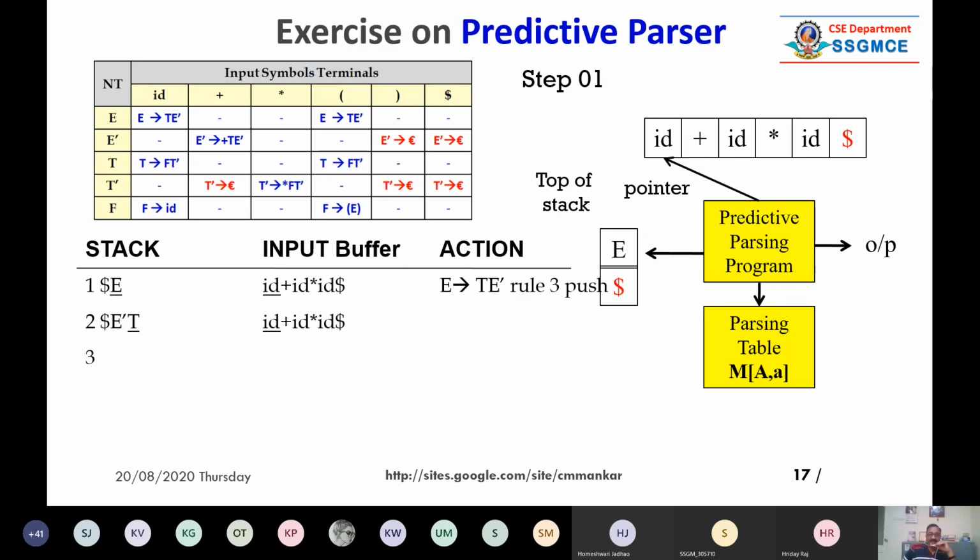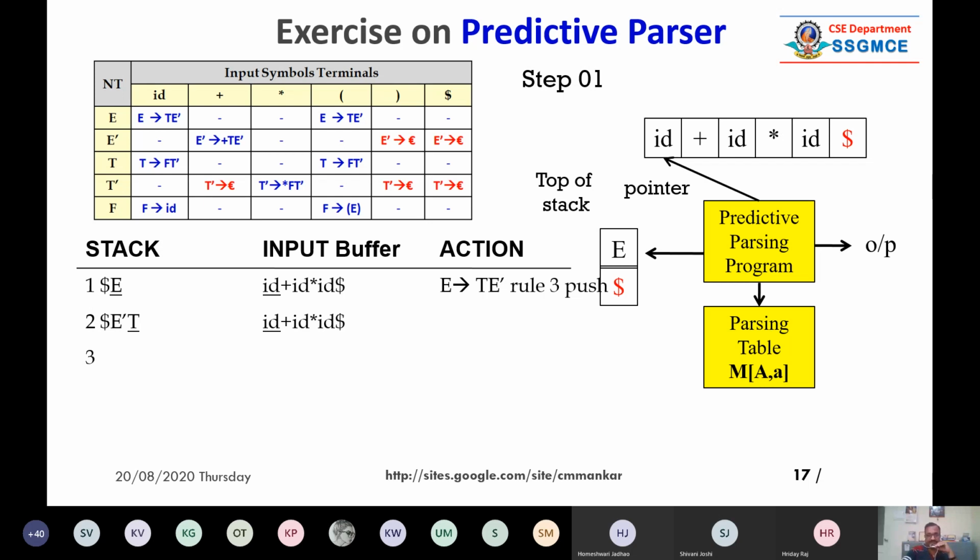So here in step 1, we have seen that pointer is pointing to ID, TOS is capital E. So what we do, we pop the E from the stack and we push right hand side of that production. So it is given in table, that is TE dash. So when we push TE dash, we will first push E dash and then T. I hope you got.